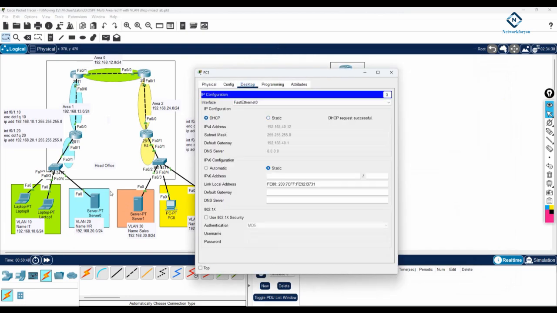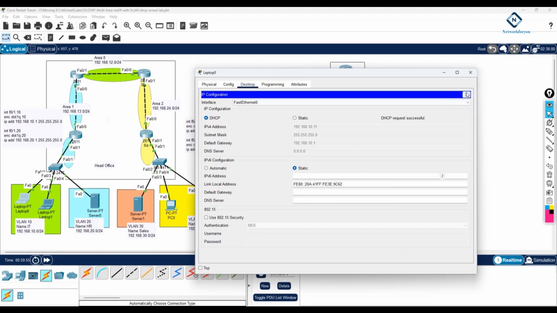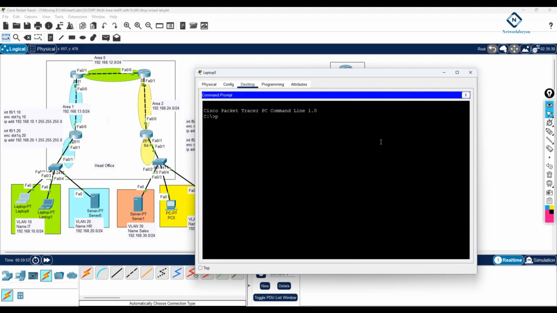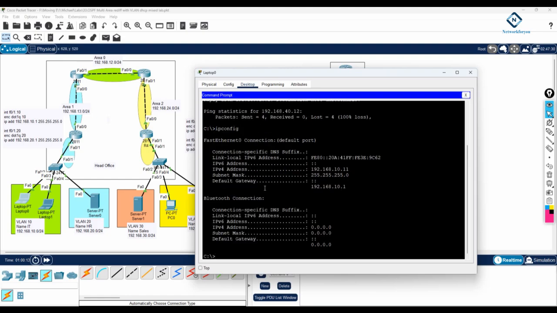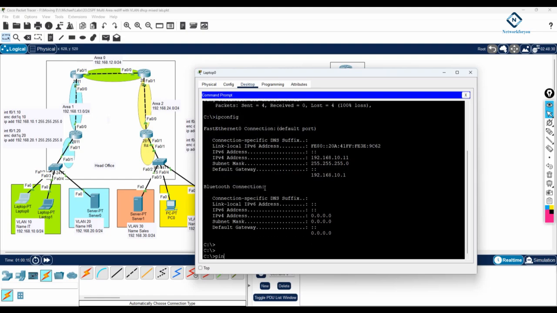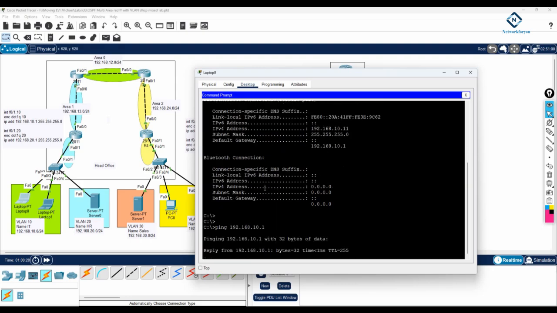And now you can ping from this computer to this computer, it will work. So 40.12, you can ping from here to here, 40.12. Ping 192.168.40.12. 40.12 is not working, so we need to check why it is not working. What is your IP? Your IP, do IP config, 10.11. So let's try to do troubleshooting here also. 192.168.10.1, you are pinging your gateway, okay,